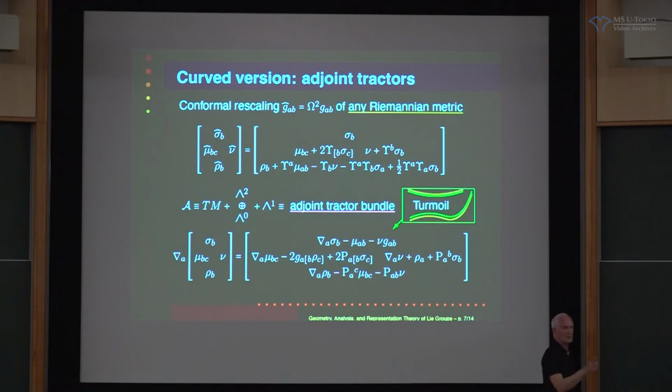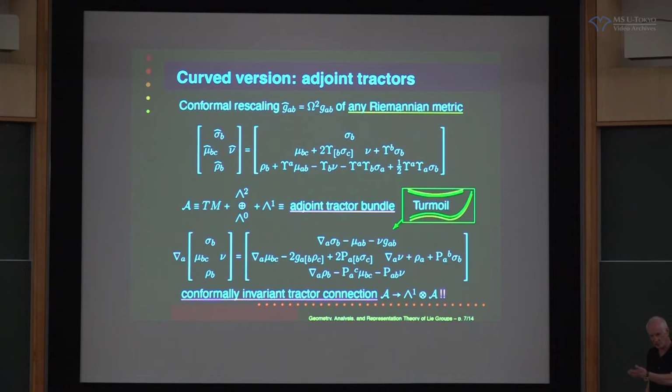It's really good. But the point is you have to do this calculation once, and then you have the basic tool of conformal differential geometry. Okay, so just to reiterate the conclusion, there is a conformally invariant, what I'm calling a tractor bundle with a tractor connection. So it's a differential operator from sections of A that ends up with one forms in tensor A, but it's conformally invariant. Shock horror.